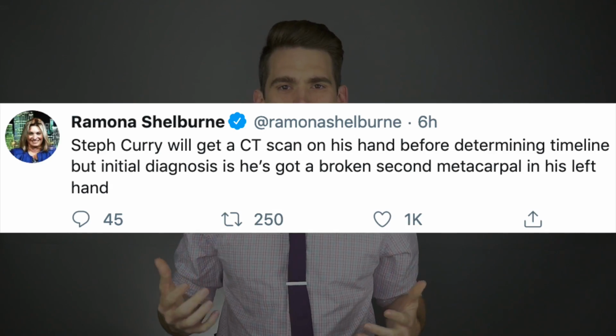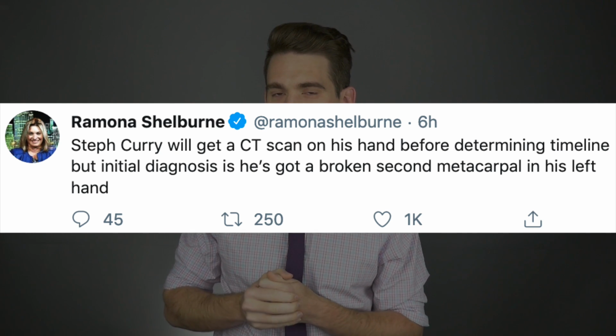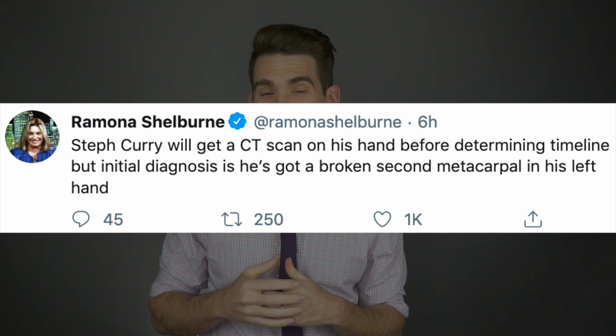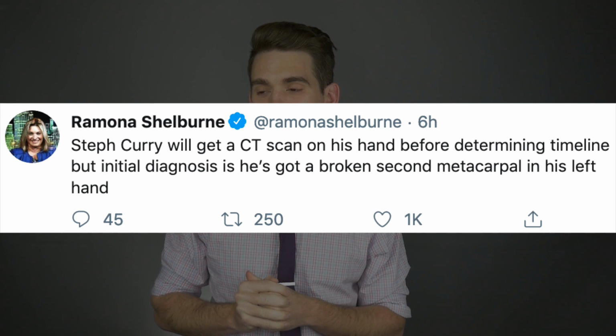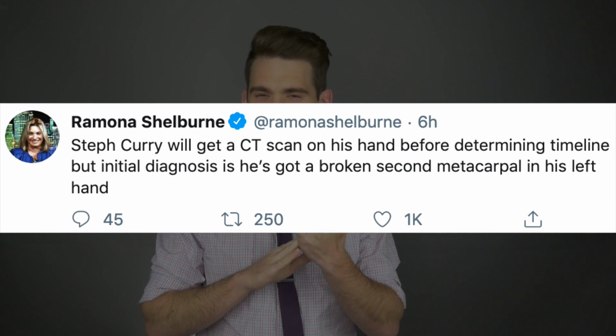Let's get started. Now, the initial reports, particularly from Ramona Shelburne, is that the Warriors fear he broke specifically his second metacarpal, which is one of the long bones in his hand, kind of under the palm, as we'll talk about. He's going to have a CT scan today to determine the full extent of injury, and then they'll determine